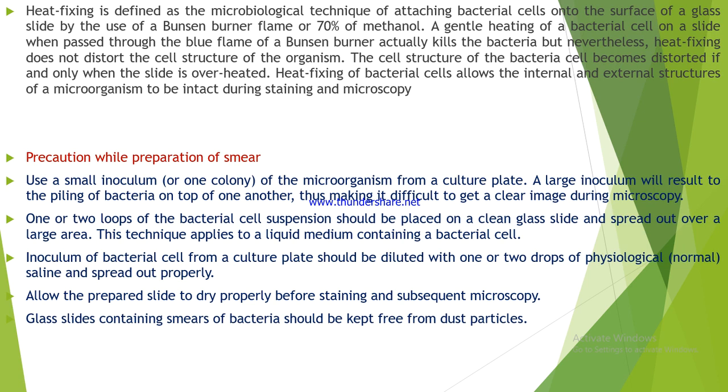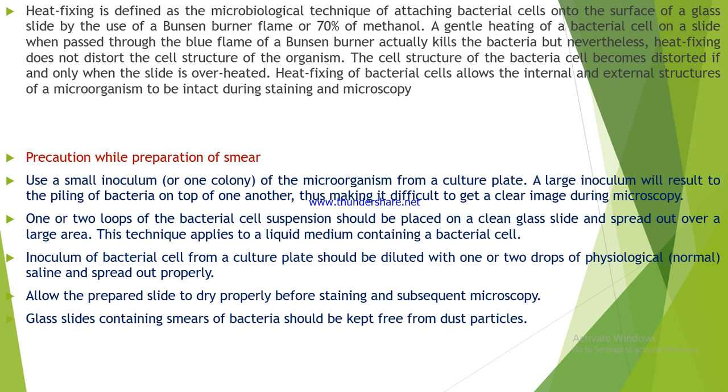There are a few precautions which you have to consider while making the smear and while doing the staining process. First, you have to use a very small amount of the bacterial culture, because if you take a large amount of bacterial culture, the colony which is visible in the microscope will be dense and you are unable to identify the basic structure or the basic arrangement of the bacteria, whether they are present in single form or in a colony. So these are the things which you have to consider. Take a very small amount of inoculum for preparation of a smear.